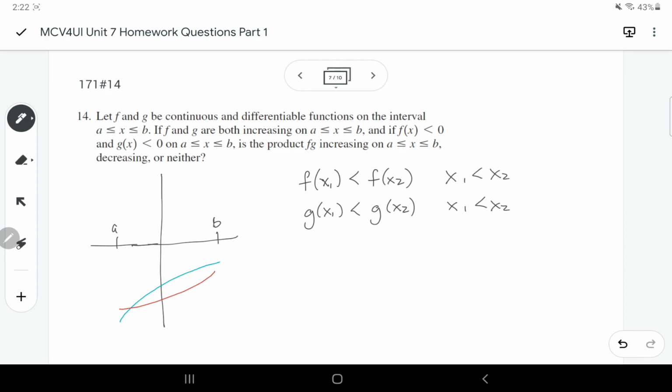So we've got our y values of each function, but what's going to happen if we multiply these? If I take these two negatives and multiply them, I would actually get,